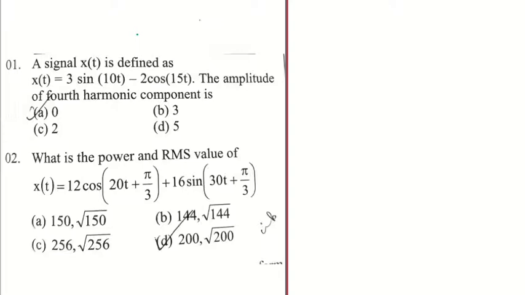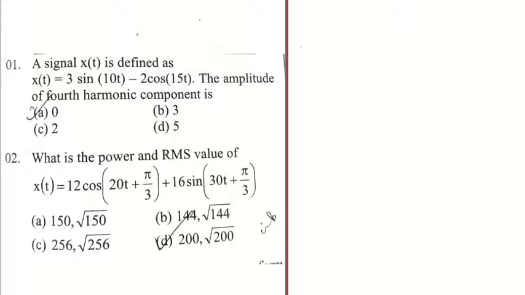In this video, we will be doing some problems based on Fourier series. So, we will start with the first problem. A signal x of t is defined as x of t is equal to 3 sin 10t minus 2 cos 15t. The amplitude of the fourth harmonic component is, we have to find out the amplitude of the fourth harmonic